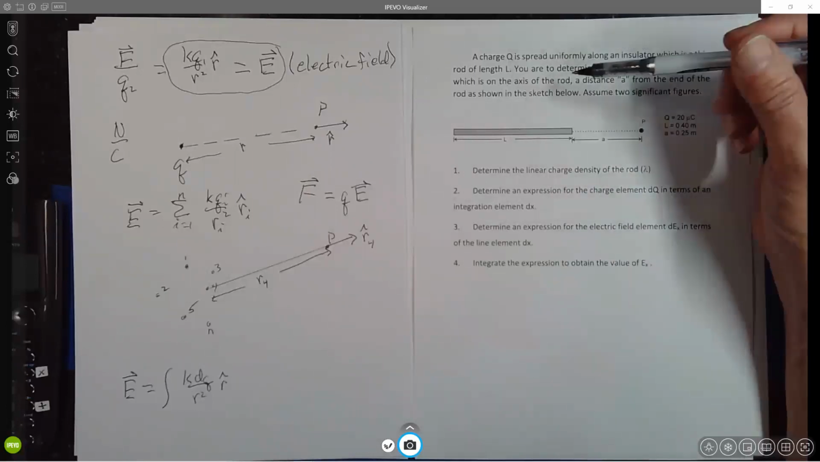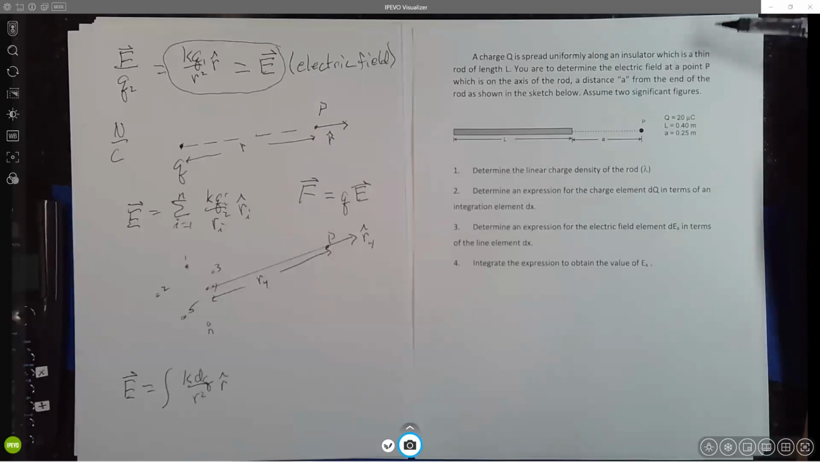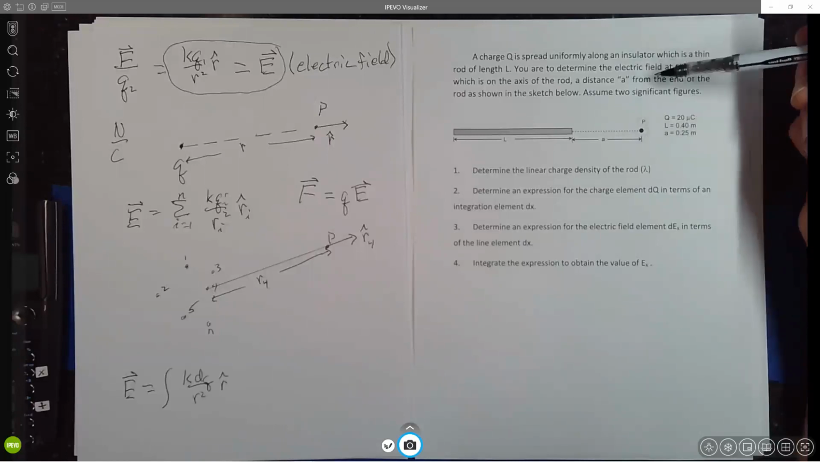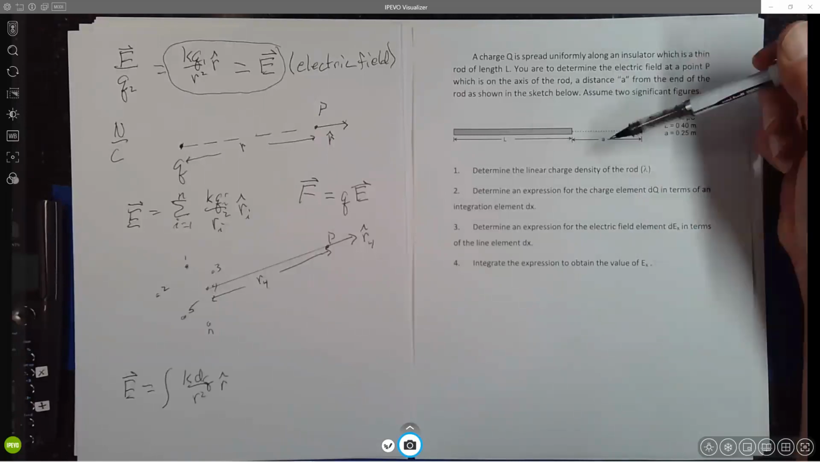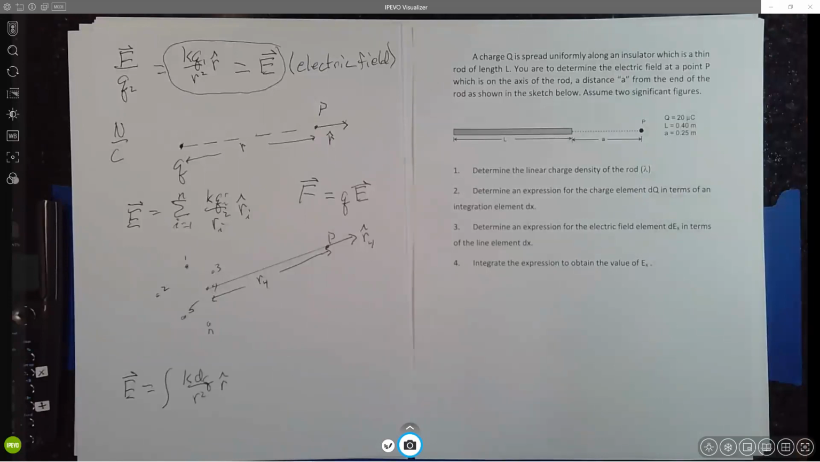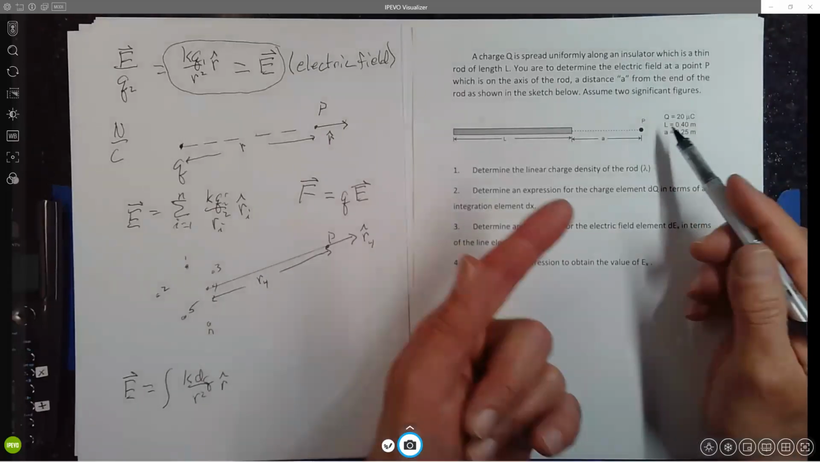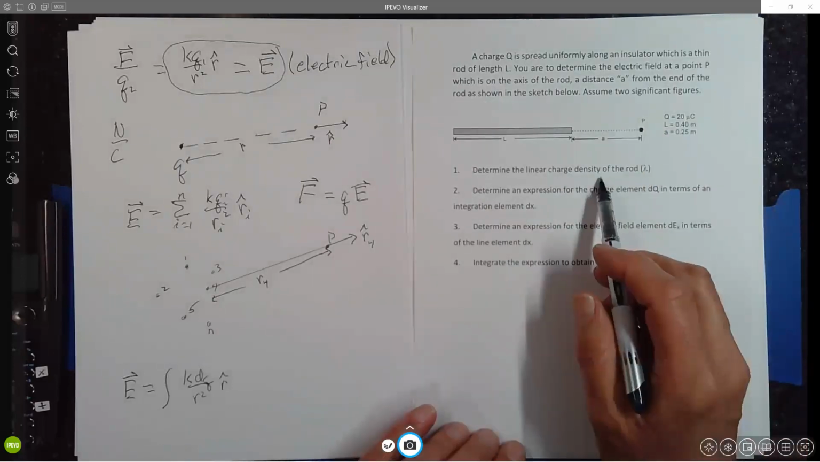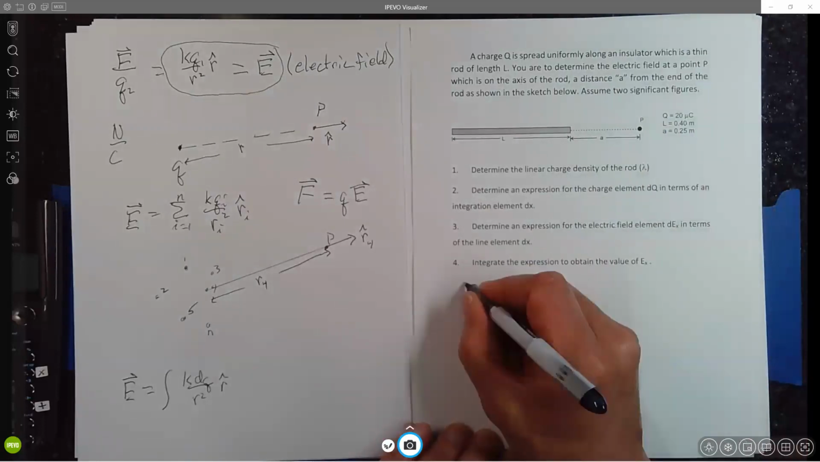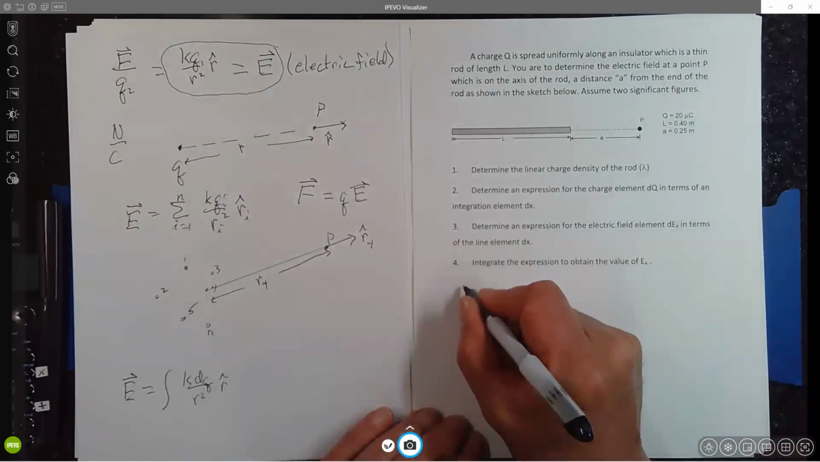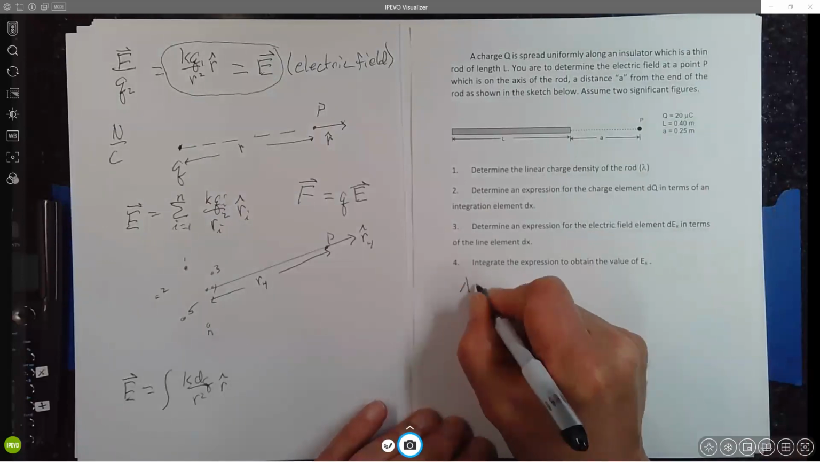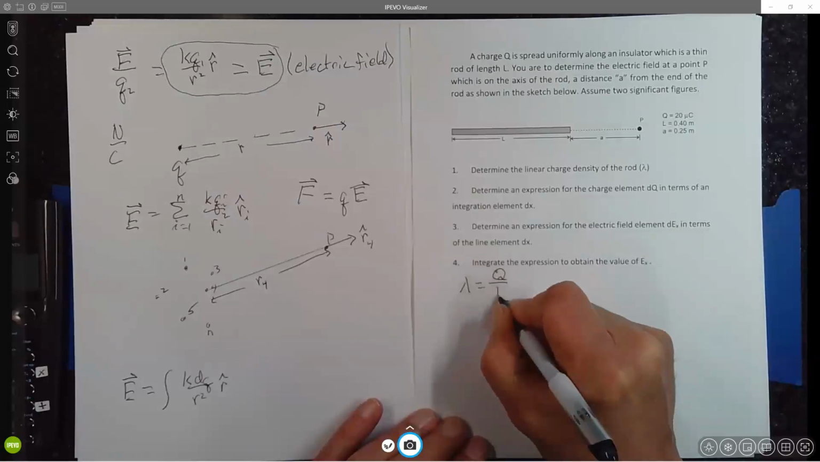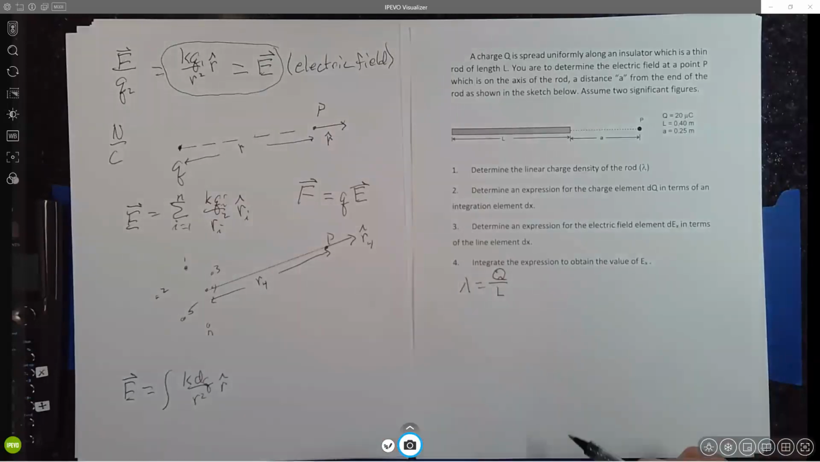We're to determine, or you are to determine, the electric field at a point P, which is on the axis of the rod, a distance A from the end of the rod as shown in the sketch below. So the sketch looks identical to what we did yesterday, but I did monkey with the dimensions on this thing. Now, the linear charge density of the rod, that's the first calculation we're supposed to do, although I'm not going to use it until we're at the very end. But it's going to look like the total charge divided by the length of the rod. It's supposedly uniformly distributed,